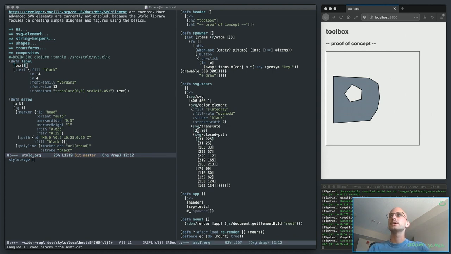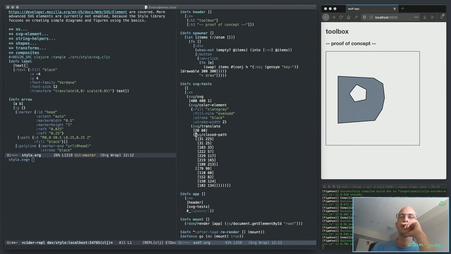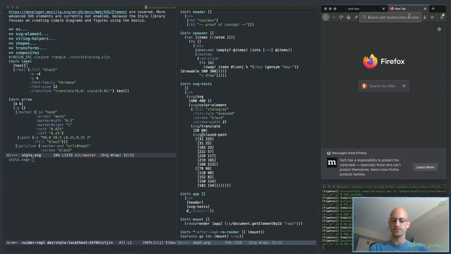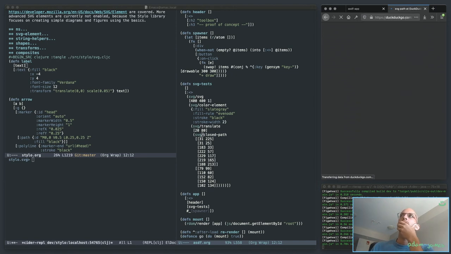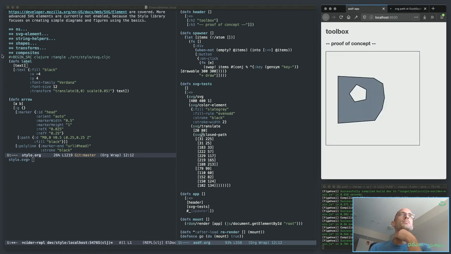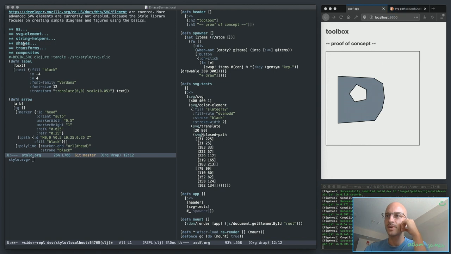Let's see here. Awesome. I actually do wonder if it would be a good idea for me to do stuff like, so one thing I haven't included in my base shapes here yet,